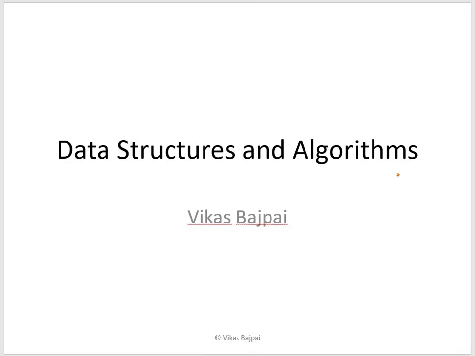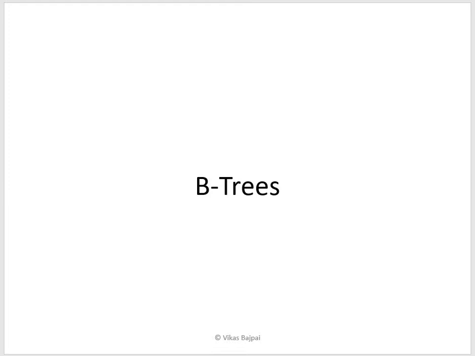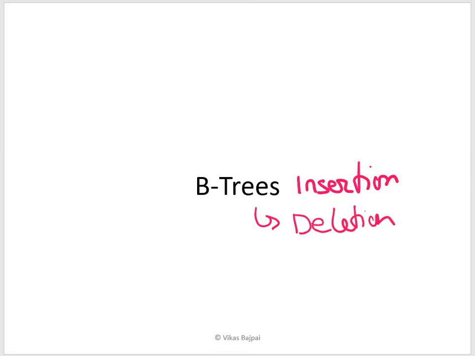So welcome back. In the previous video we were talking about B trees and we also looked into the insertion part. In today's video we'll talk about deletion, and this deletion will be done keeping the same factors in mind, which is your order, and based on this order you have your key values in a node. Right, so key values means the number of values in a particular node.